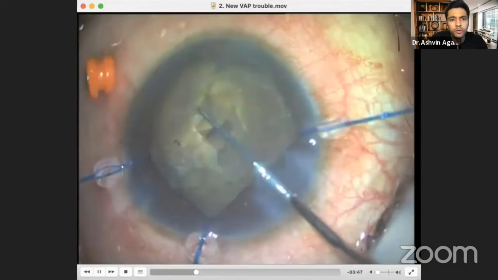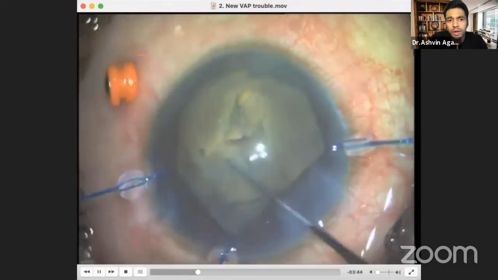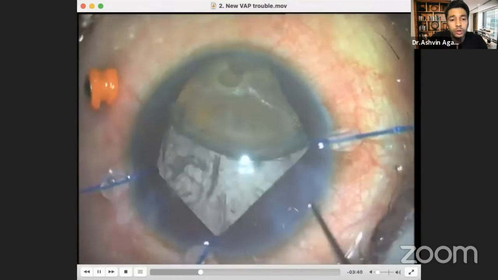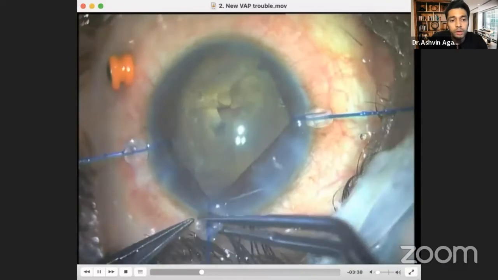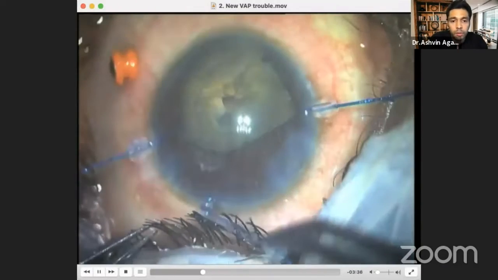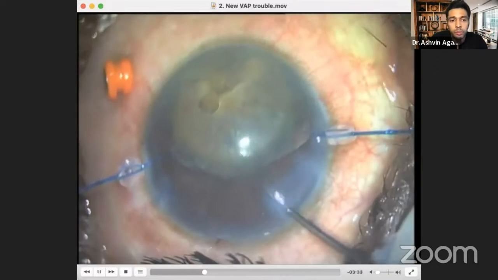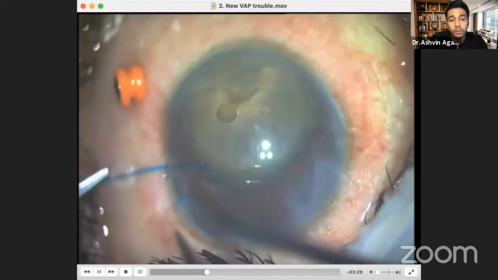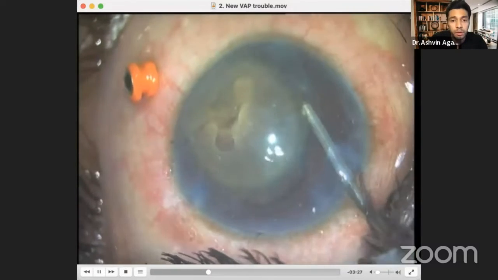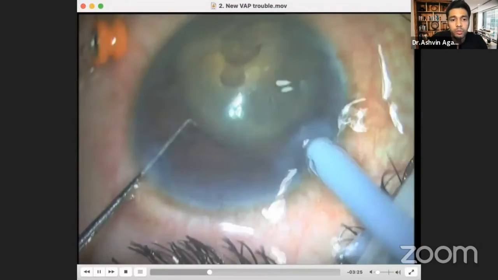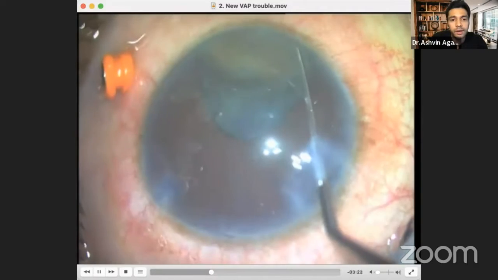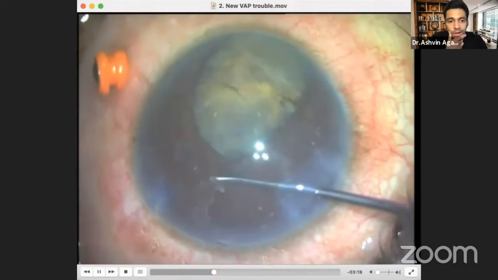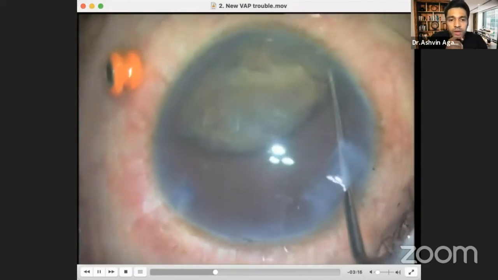This nucleus is trying to find its way in between that gap and trying to find its way down south, which was not very pleasant to watch, to be honest. So now I'm thinking, you know what, I'm going to remove my iris hooks. I'm going to place this nucleus into the anterior chamber and then try and emulsify it. It's not a very pretty sight to watch, especially such a hard brunescent cataract, but it still didn't listen to me. The minute I pushed in the saline, it was trying to find its way down south. And it's not a pleasant sight in these scenarios.